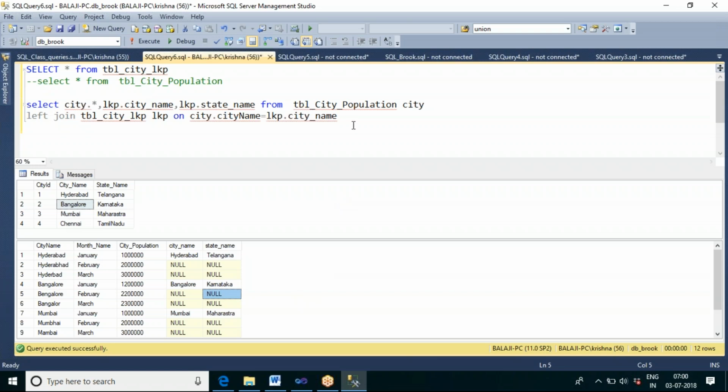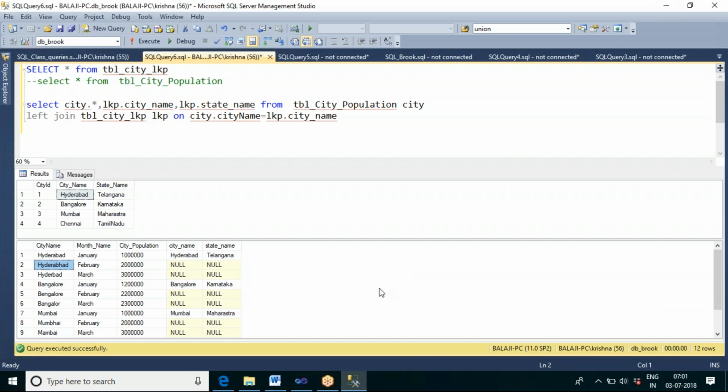Okay, so in this case, I can use that fuzzy lookup. Your customer wants the state name, and even though this is not a 100% match, it is a 95% match, no? So in these cases, I can use this fuzzy lookup. Here we can set the similarity, like if 95% matching is there, treat them as the same cities, okay? So in those cases, I can use this fuzzy lookup.